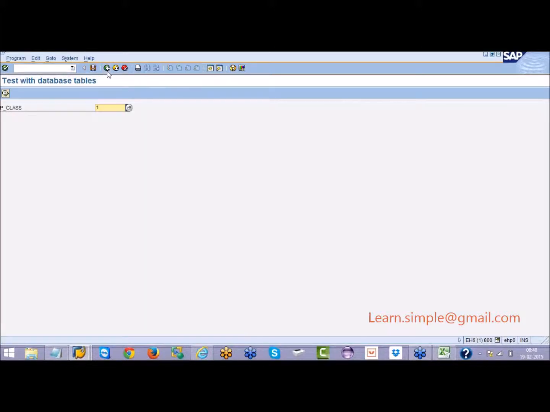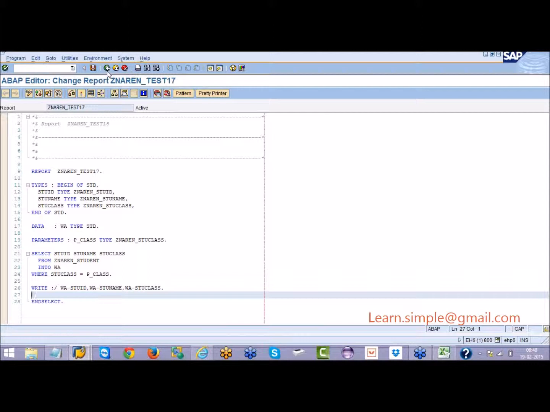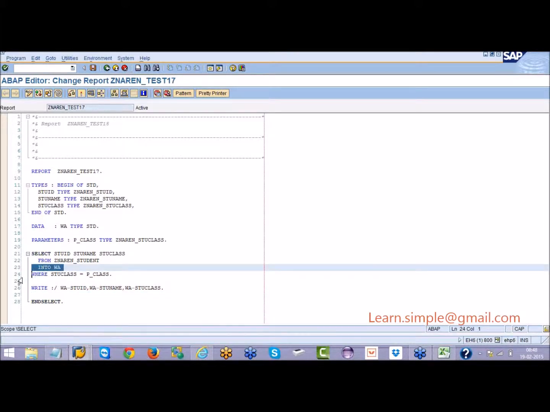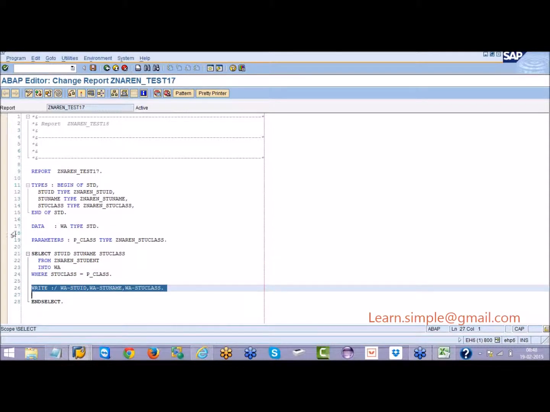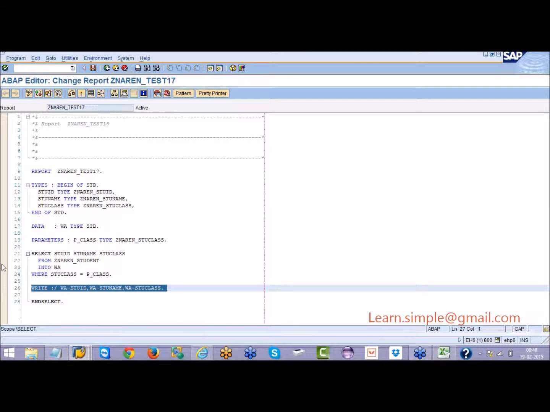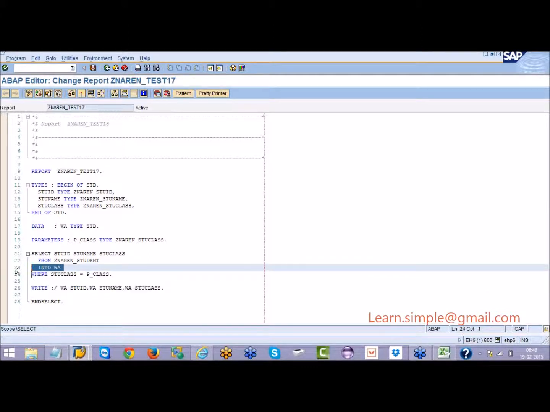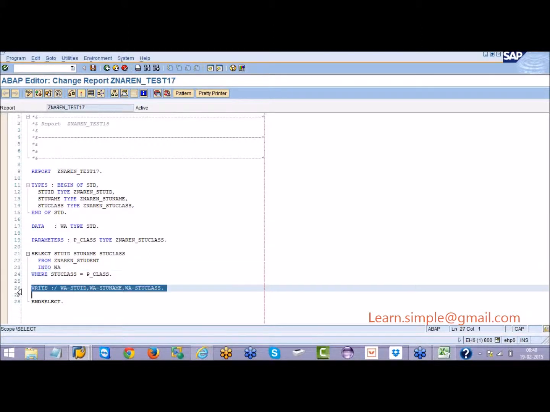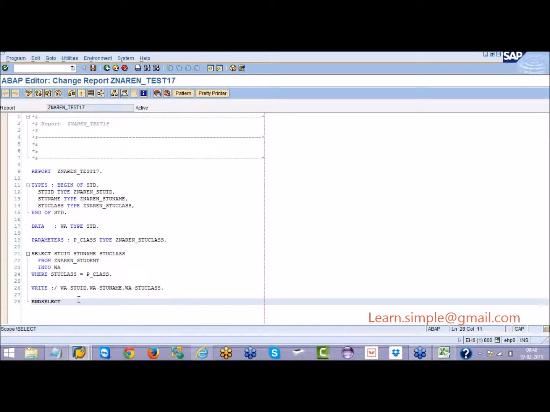But it doesn't mean that your work area is storing all the 3 records. Your work area gets the first record, and as soon as it gets the first record, it is writing. When it gets the second record, the first record is overwritten, but at that time itself, the first record is already available in the output. Now the first record is overwritten, then the second record it is writing. When it comes, the second record is overwritten by the third record, then it is writing the third record, and so on. So you can make use of your work area like this.